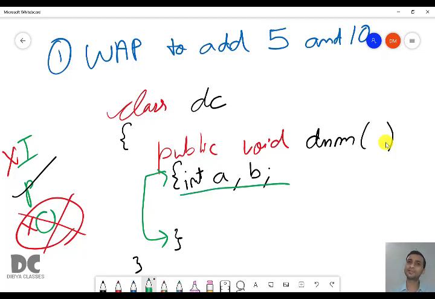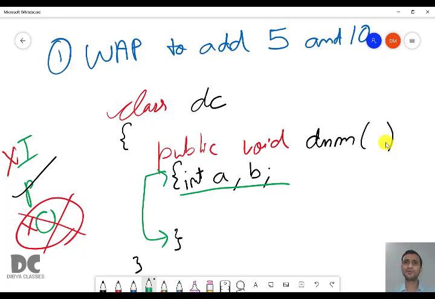If you don't remember, please go to chapter 3. Chapter 3 is very important. Whatever you are writing today is based on chapter 3. If you don't understand chapter 3, it will be very difficult to understand chapter 4. So if you are not understanding chapter 4, go to the chapter 3 videos, revise it and then come back. Okay, so we have declared the variables.